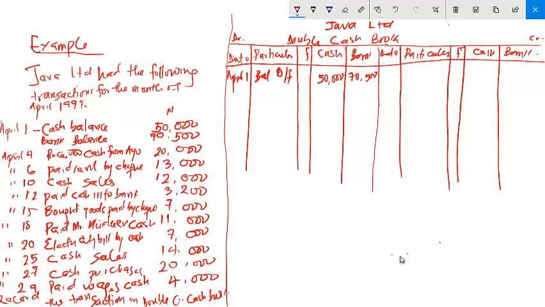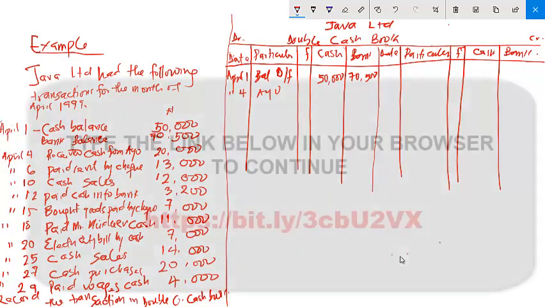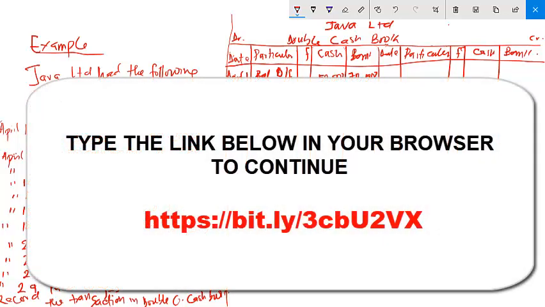As at April 4, received cash from Ayo. I told you that when cash is received, it is to be debited. So in that case, we have April 4 here. And from whom did we receive? That is from Ayo. From Ayo, we receive the sum of 20,000 naira. Mind you, they said cash from Ayo, not check. So since this is cash, it's going to be under the cash column, and that is 20,000 naira. Then the next one says that paid rent by check. Since the money is going out now, it means